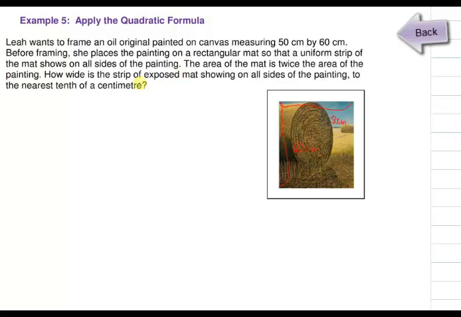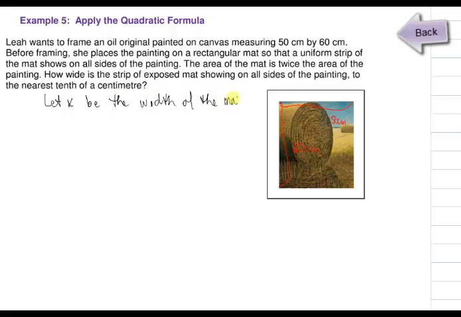You want to determine how wide the strip of exposed mat is. We don't know what that is, but we do know that it's uniform all the way around. So we're going to let x be the width